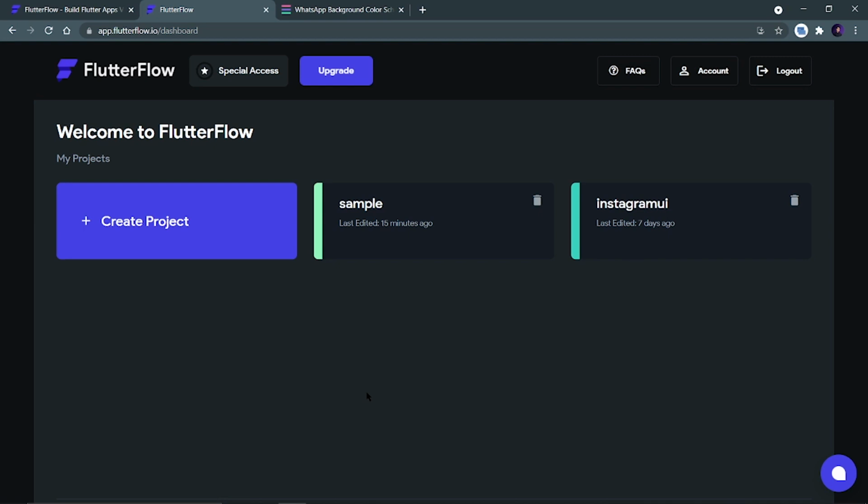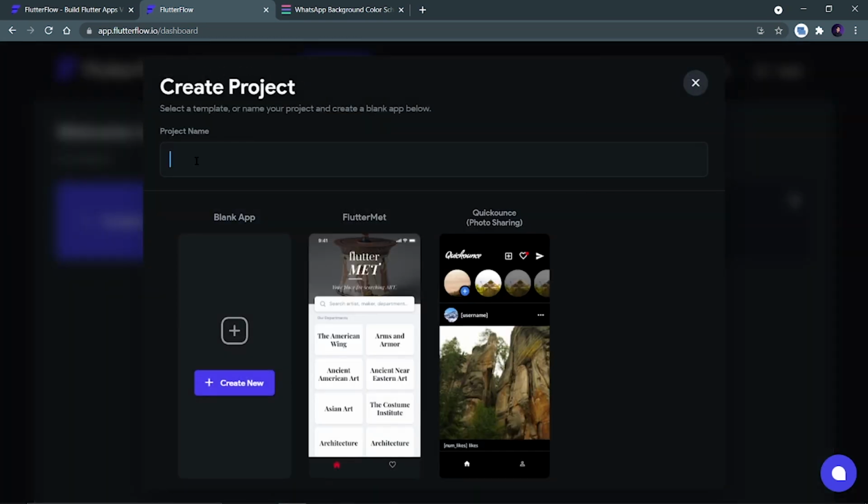And this video is especially for those who are new to Flutter and they want to understand the UI tree, or we can say the widget tree, how the widgets work, how we can insert one widget inside other as a child. So everything will be covered. And so let's create a new project. So I'm going to name my project as WhatsApp UI.